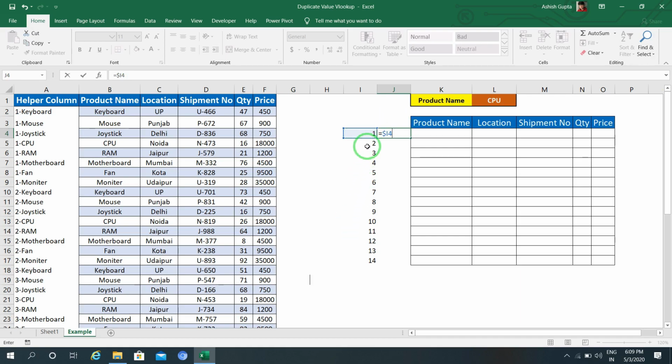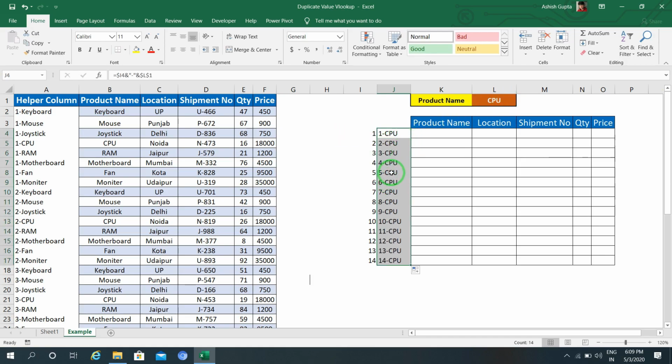I will use the AND connector, give inverted commas, then a dash, close inverted commas, use the AND connector again and connect with CPU. Now I will press F4 to freeze this value and drag this till the end. So now you can see that it has created a unique value for my VLOOKUP.